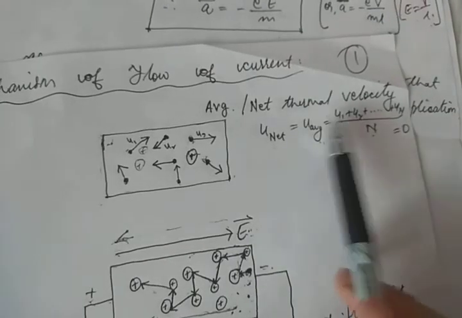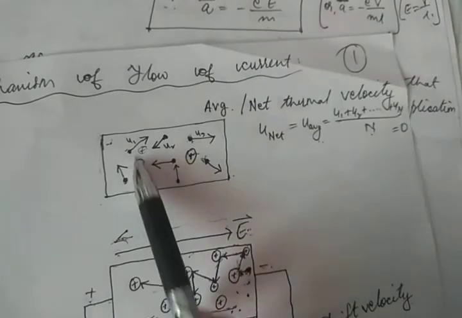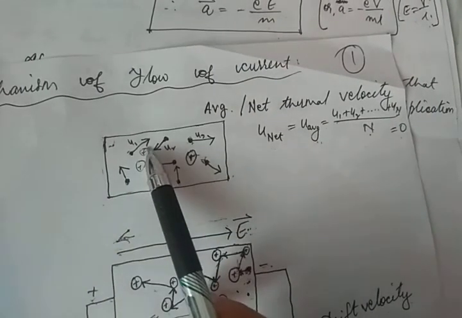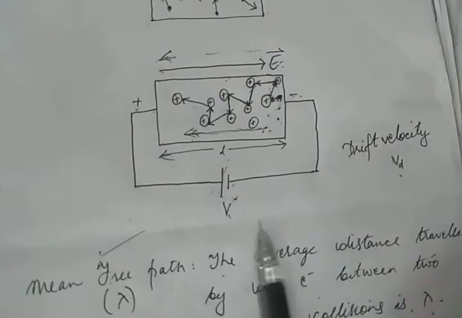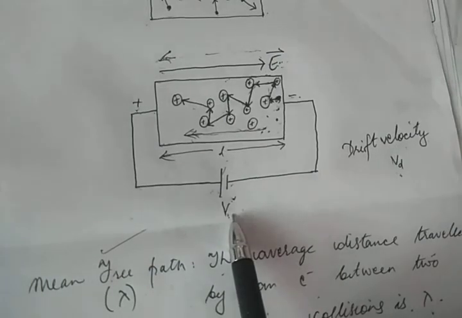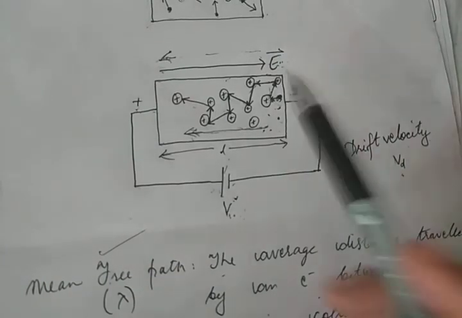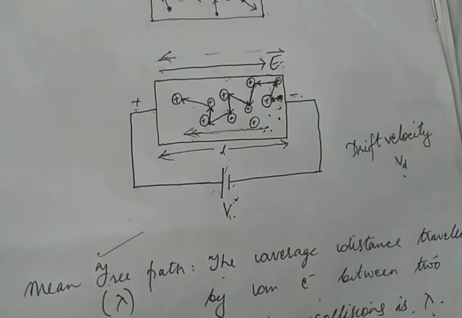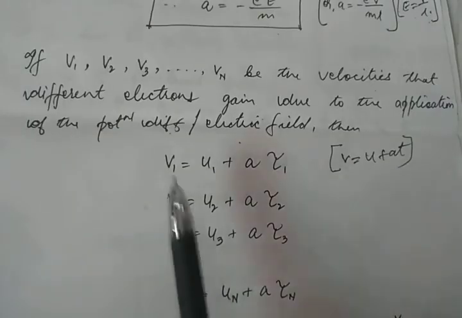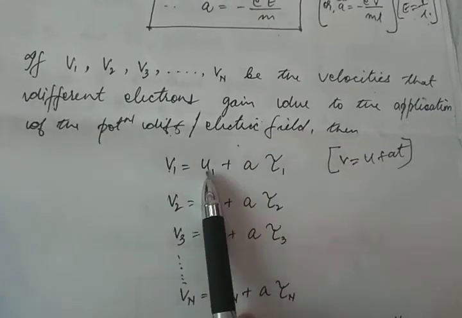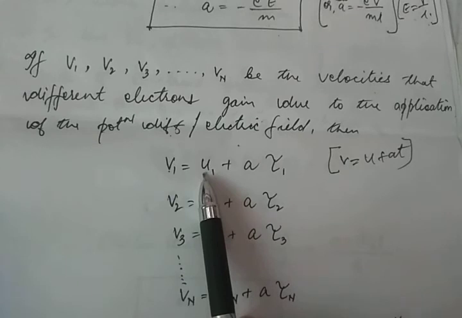U1 was the thermal velocity that the first electron possessed. So before we applied the external potential difference, the initial velocity that the electron had was the thermal velocity itself. Okay, so for the first electron, V1 is U1, the initial velocity of the first electron, the